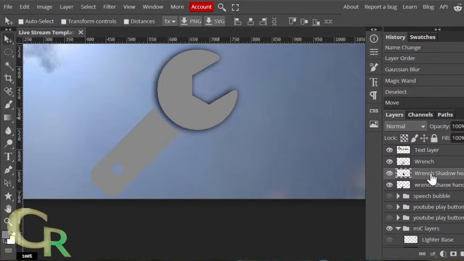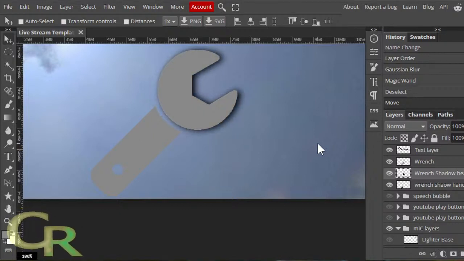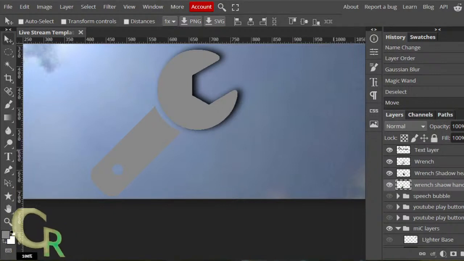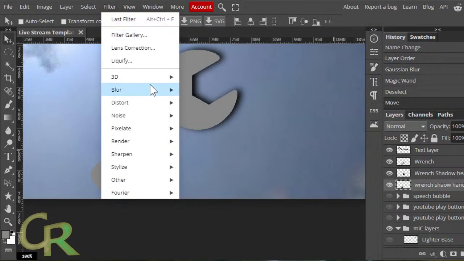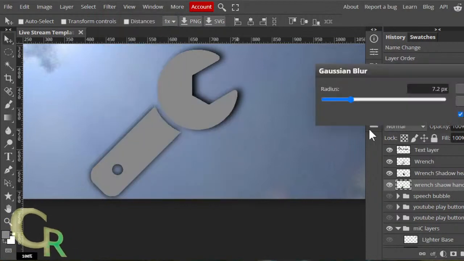Wrench shadow head, just until I feel like I want it. More that way. Yeah, I'm satisfied with that, I think. Go to the handle one, pretty much do the exact same thing.